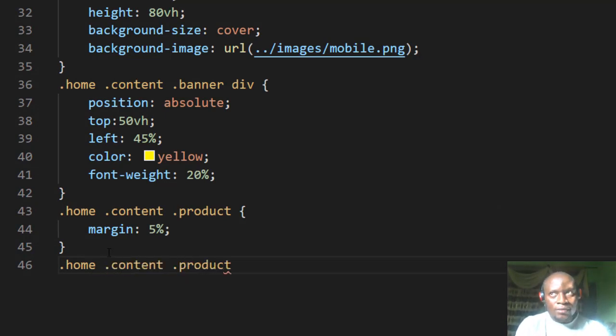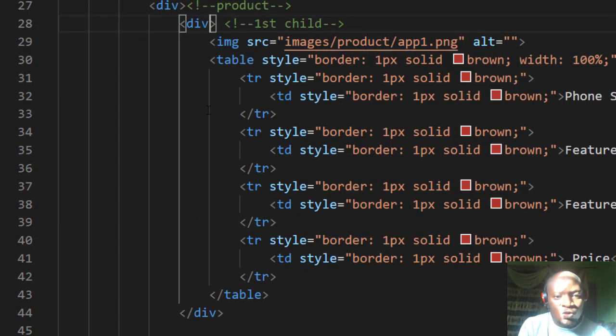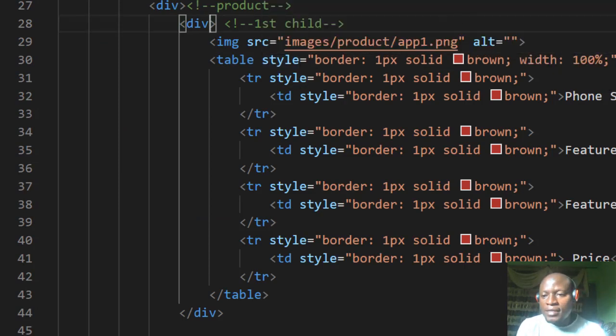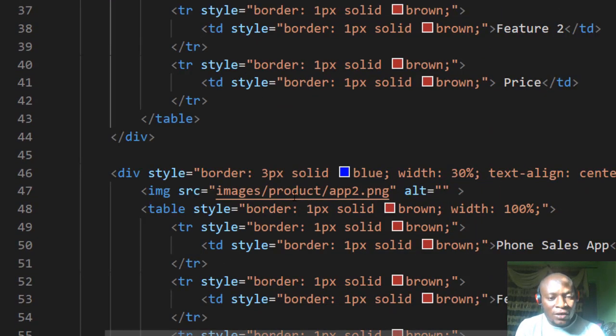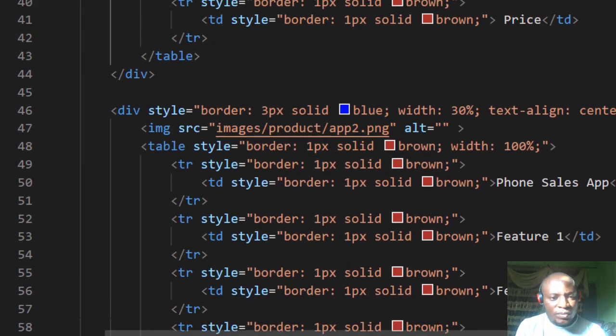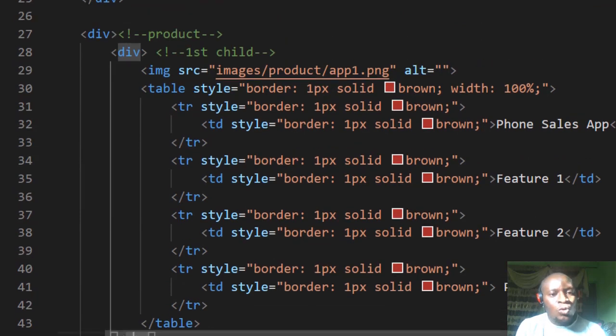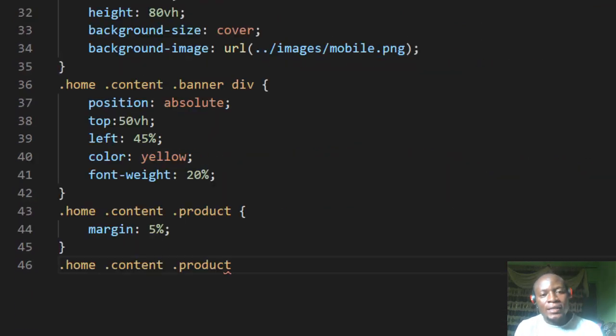So product, and what do we call this one? Okay, it's a child. Okay, no problem. Let's just call it child. But the thing is, if you look at it, this is the first child, isn't it? Then if you scroll down, we have second child, and this is another div. Okay, and this is the second child, because this is the end of the first child. Okay, so I will just name it child or anything. Sure, you understand? So because the divs are many, but let's just call it div,